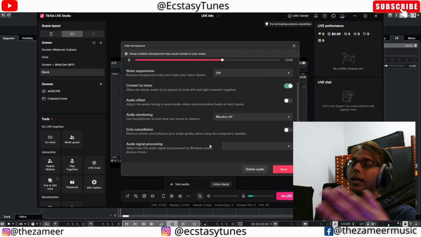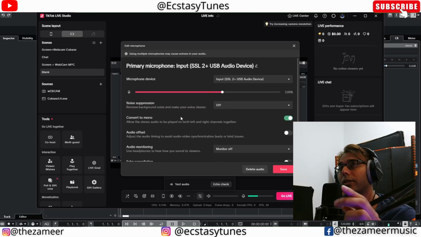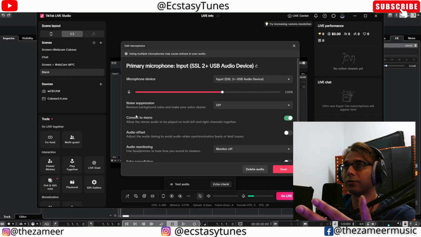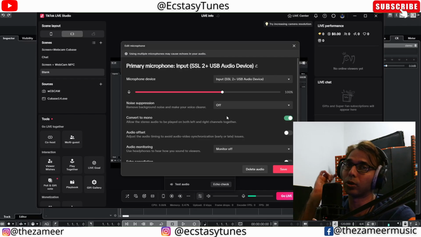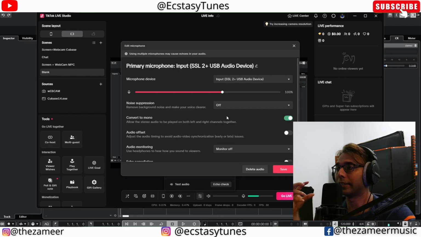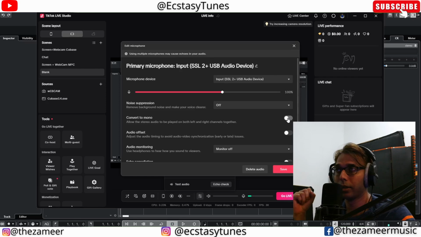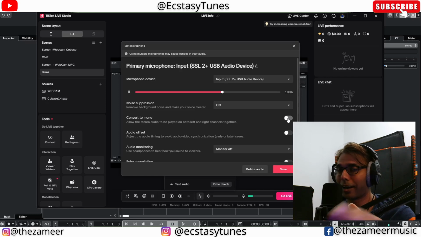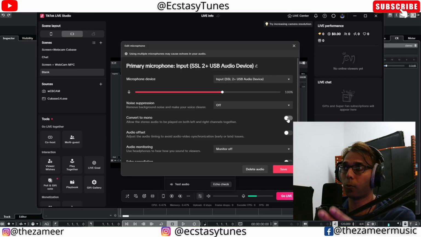Currently I'm using the right channel. I want the audio of my vocal to be converted to mono, which is going to be in the middle. I don't want my audio, when I'm speaking, to be on the right side. So if someone's watching my live stream, and I have this turned off, when I'm talking on the microphone, it's going to be on the right side of their headphone. So it's not really cool. I don't want to watch a video with someone talking to my right ear, or left. So I will convert this to mono,